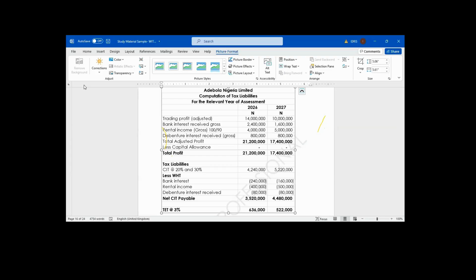Okay, sir. Sorry, the confusion here is that this is just like a summary of the adjusted profit before we arrive at the taxable income, right? From the extract of the question itself, we have to now extract the information that is taxable and then prepare your adjusted profit. Yes. Okay.